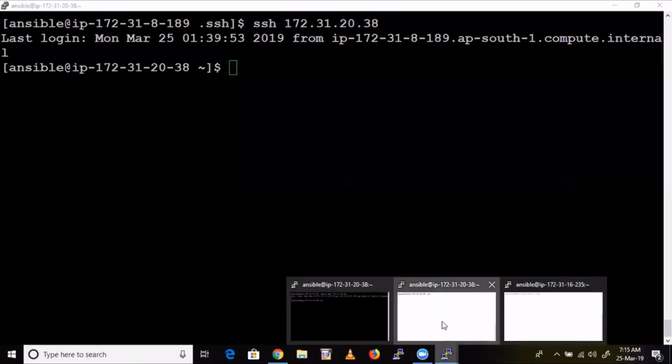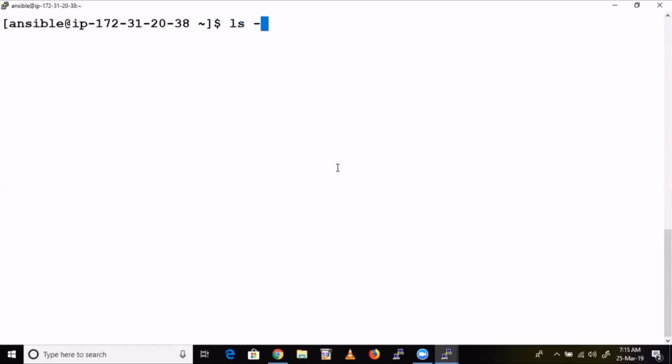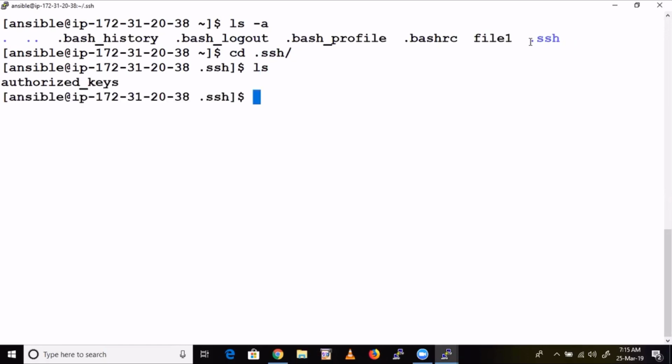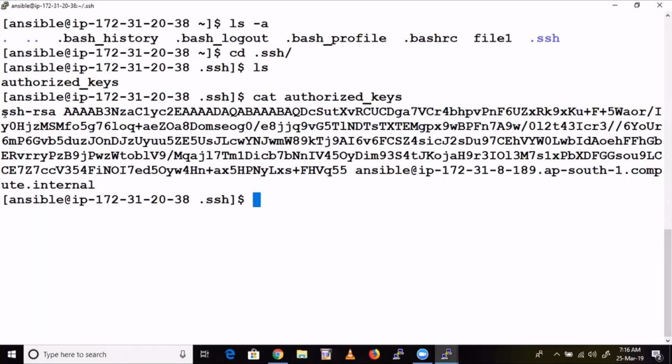Now I'll show where it got saved. Here, ls -a. You can find one .ssh folder. This folder will be created automatically. Go inside this folder, cd .ssh. If you do ls, you can find a file called authorized_keys. If you open this file, guys, don't open it with vi. You should not edit this file. If you make a small mistake, then authentication won't happen. That's why use cat, so that you cannot edit. These are the keys that we have copied from there and added here. Okay, that is how it works.